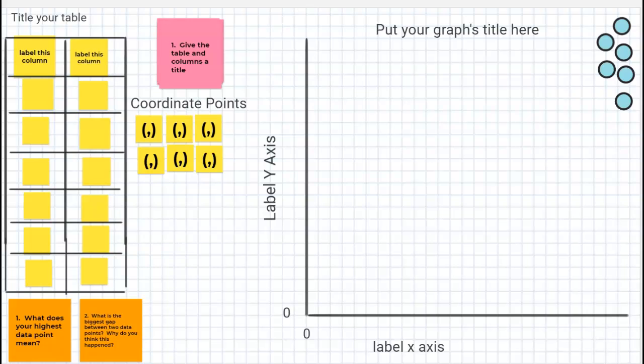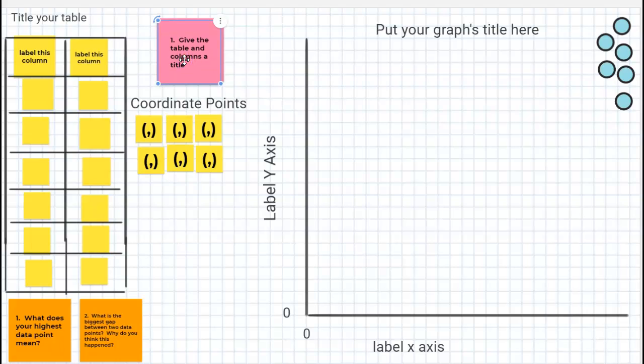The topic I chose, and those of you who were here with me yesterday saw that I ran around the school 3 times and I timed myself. So I was looking at, what was my time? How did my time change from the first time I ran to the last time I ran? Okay. So the first thing you can do once you've chosen your topic is these right here, these purple cards